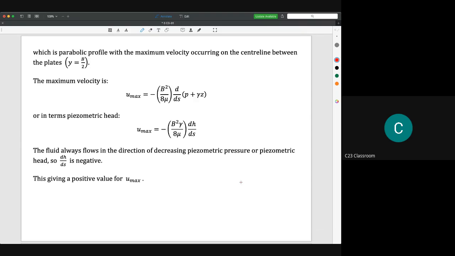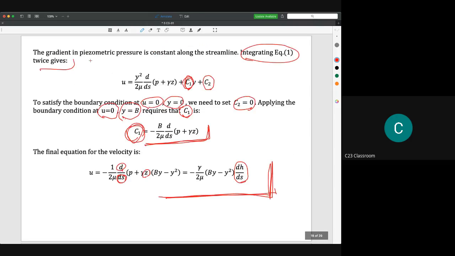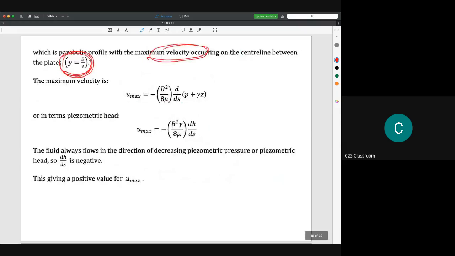We assume that the maximum velocity occurs at y equal b over 2, meaning at the center point, the velocity will become maximum. So we substitute the value of y equal b over 2 in this equation. So we could find the terms of u max like this. And then if we want to use the dHds here,